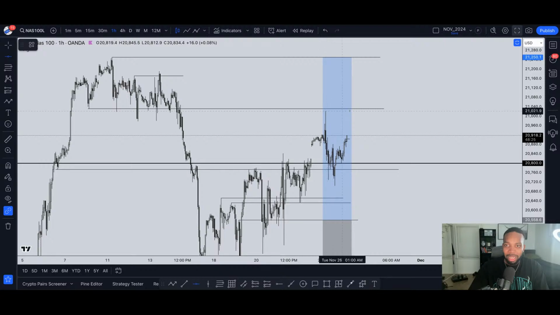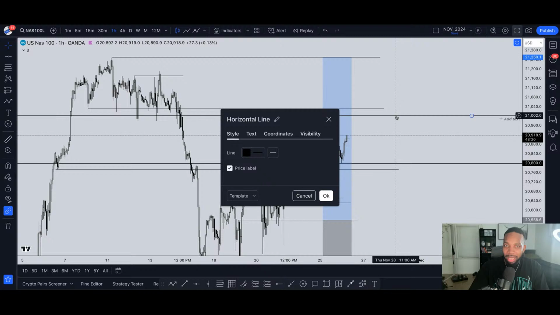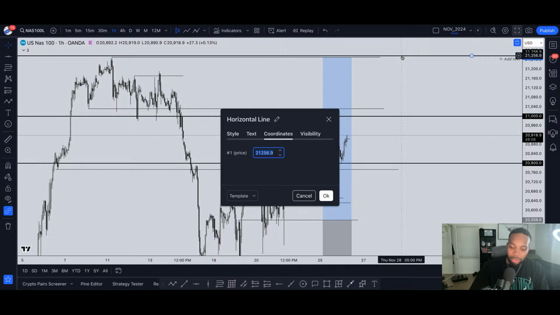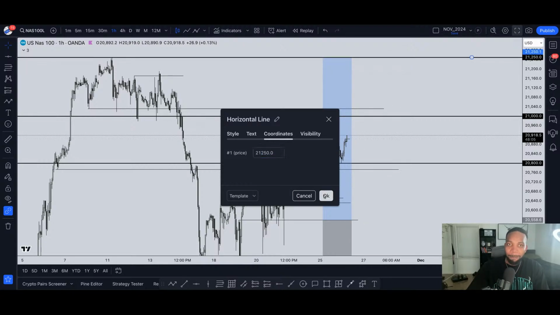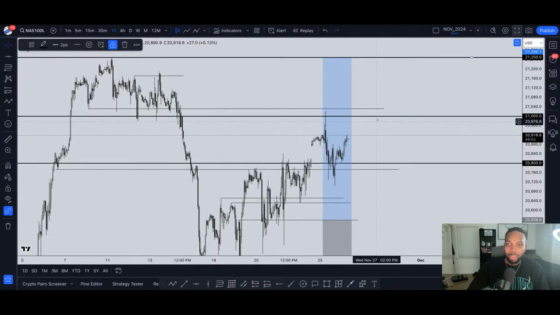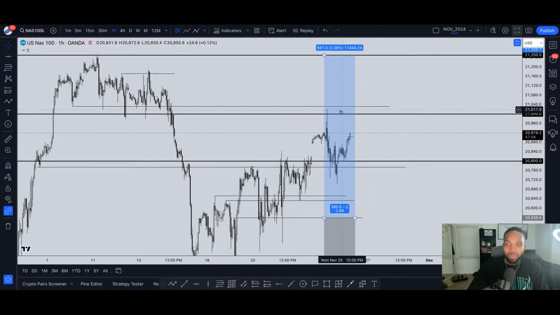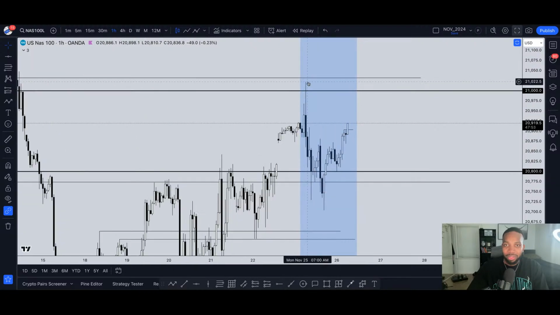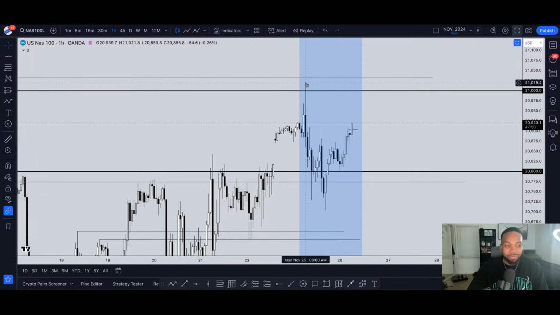Anywhere above these highs. I'm going to put a line at 21,000 just to have a whole number there for reference. 21,000, that's a solid one. And then 21,250. I like 21,250, it's around the all-time highs. Just to put a number on it, so we're not guessing what number we're at. And the reason I say these highs here is because this is the high from yesterday. If you look at the daily candle, that's the previous daily high.